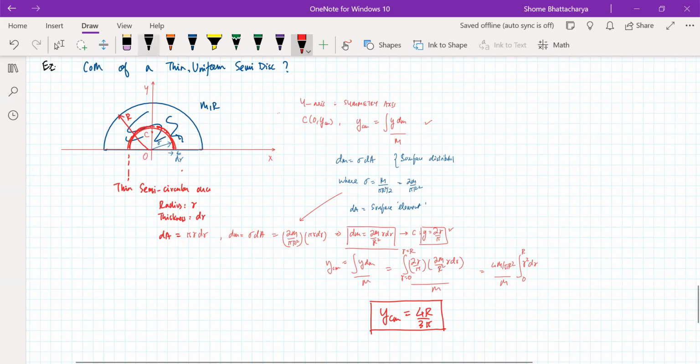But as it turns out, because we have just calculated the position of center of mass of a semi-ring, this is a very convenient way of solving it. This is not the only way of executing the integral, but it is perhaps the most convenient. You can try the other two methods, especially slicing it into horizontal rods. You can take each horizontal rod's length as x and thickness as dy, and you will see that there is a relation between x and y. You'll have to use that as a constraint relation.